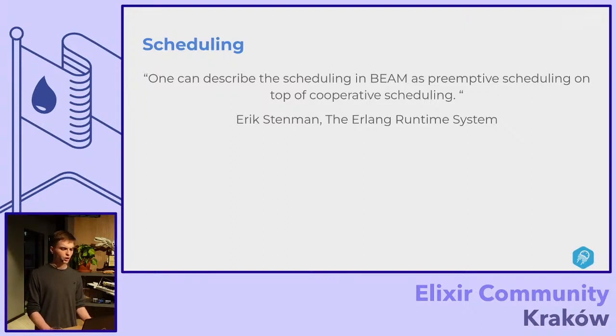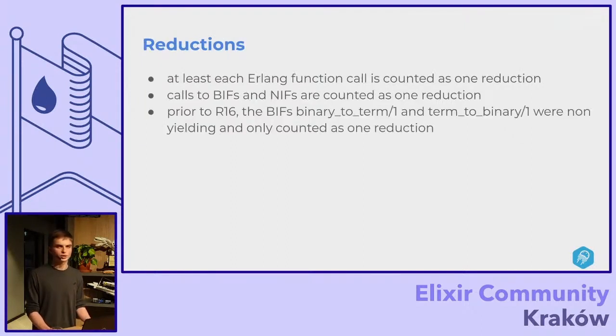So maybe let's talk about the reduction counter. What are reductions? Well, I haven't found an exact definition of what a reduction is. However, at least each Erlang function call can be counted as one reduction. So when our scheduler chooses our process for execution, it sets the reductions counter to, I think, 4,000. And when our process uses all of these reductions, it will be suspended and the control will be given to